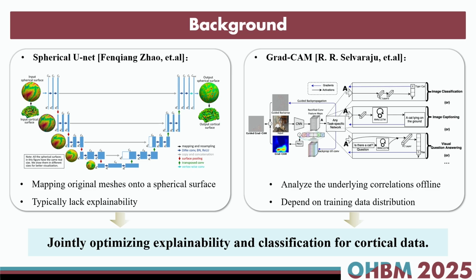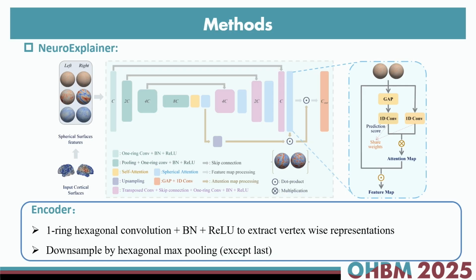Unlike post-hoc methods, we argue that explainability should drive classification, not just explain it. So we design an end-to-end framework where we learn fine-grained explanation factors directly. As the figure shows, the method is named NeuroExplainer. It takes cortical attributes as inputs and uses a hierarchical attention decoding architecture with 2 parts, an encoding branch and attention blocks. The encoding branch creates task-related attention on densely sampled brain surfaces.